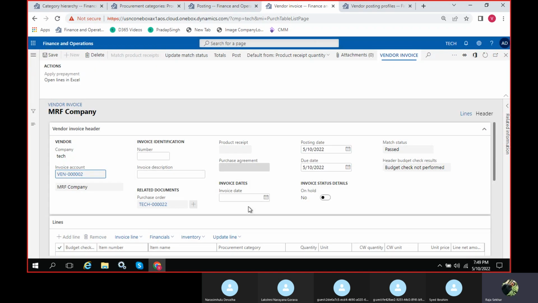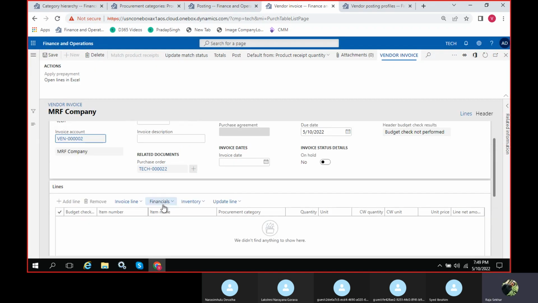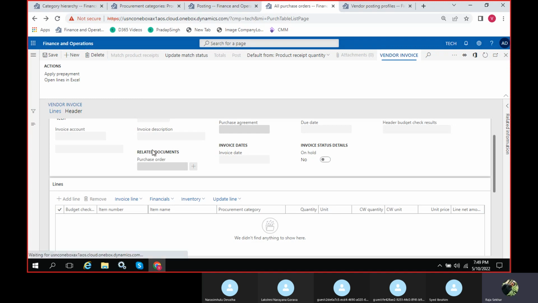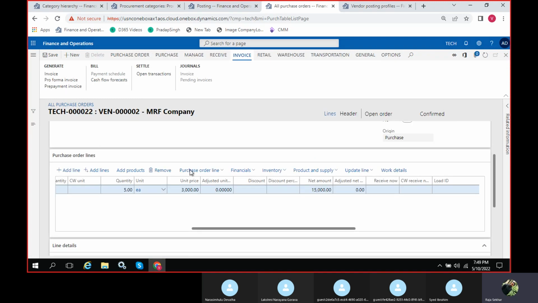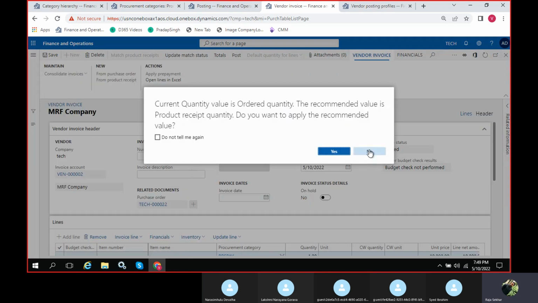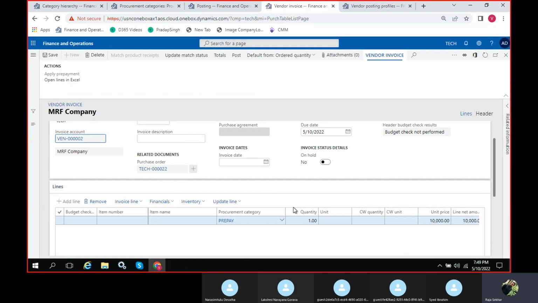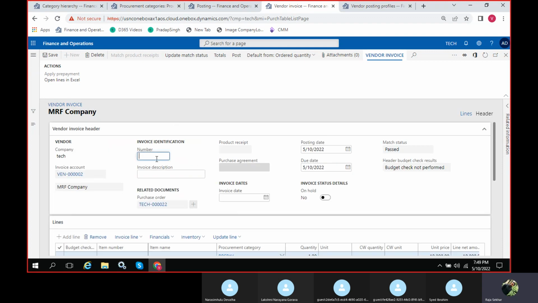I'll say okay. So I'll just take this one. I'll go to prepayment invoice. Here say no, it will ask about complete quantity, just say no, so that it will pick up whatever quantity you are going to post for the prepayment invoice. Prepay.